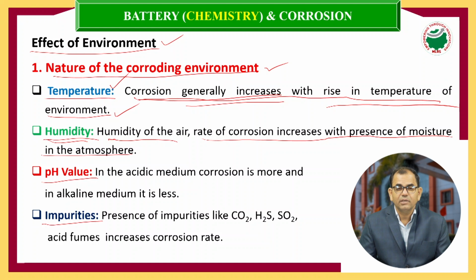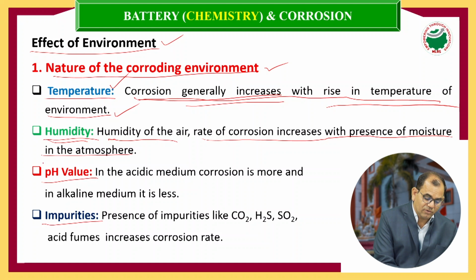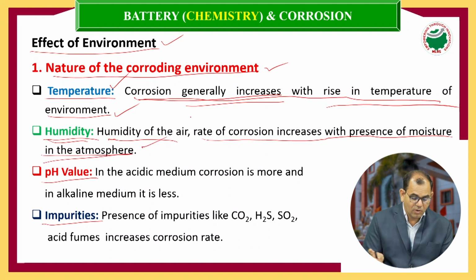For example, again, there are identical metal parts A and B. One is in Hyderabad, another is in Vizag. Which one gets corrosion faster? The one in Vizag, with humid conditions. Why? Because Hyderabad has a dry climate, whereas Vizag has a humid climate. So, obviously, the metal exposed to humid conditions gets corroded faster. Now,